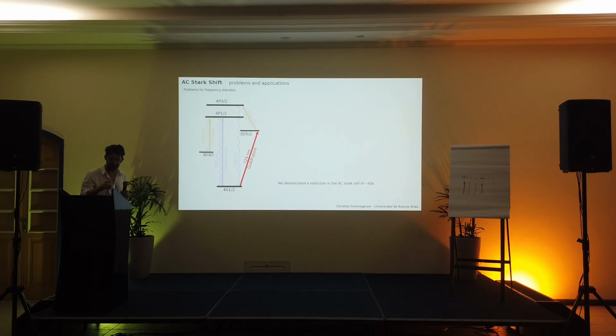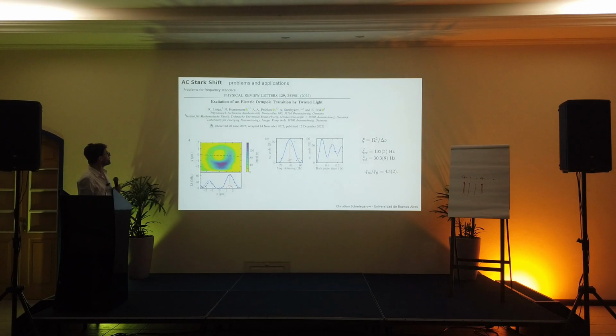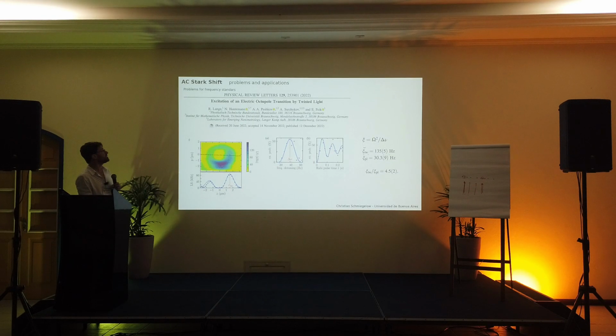And we thought this was nice for clocks. And some people followed our idea. In this paper that came later, "Excitation of an electron-optical transition by twisted light," they basically showed that, I won't go into the details of these graphs, that in this case they were driving not a quadrupole transition but an octupole transition in ytterbium, a transition that is actually used and has one of the best